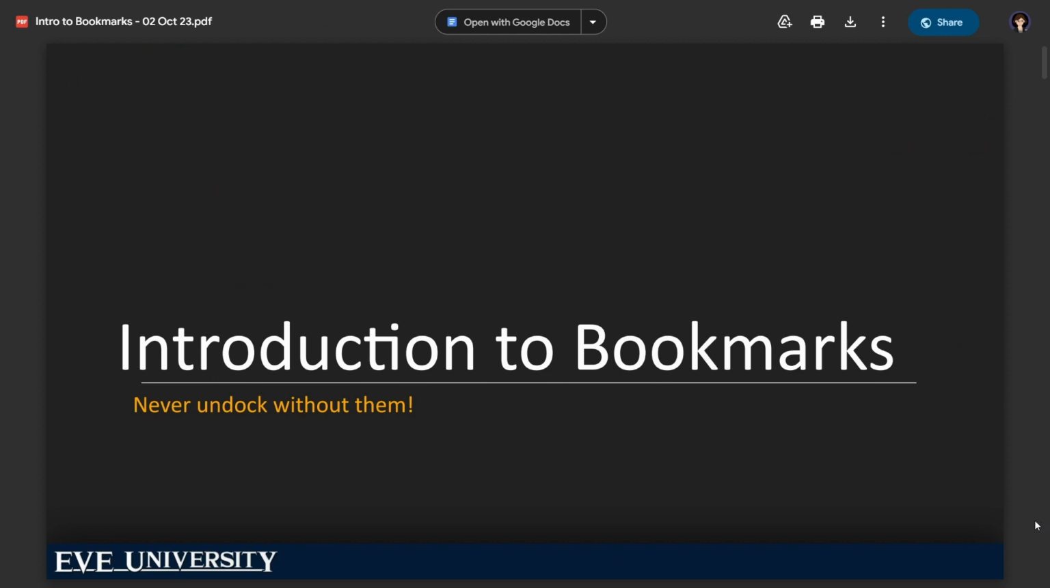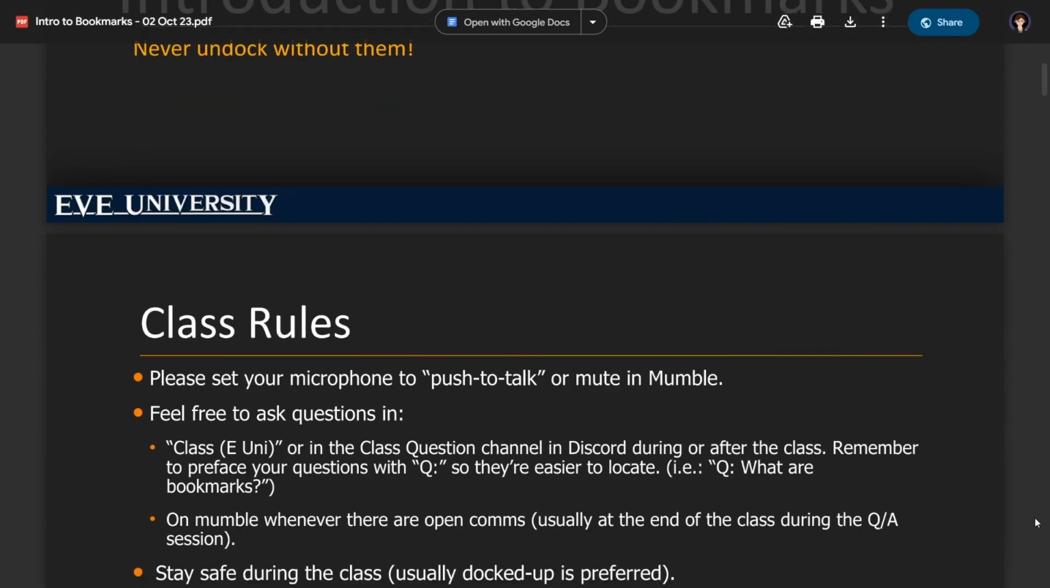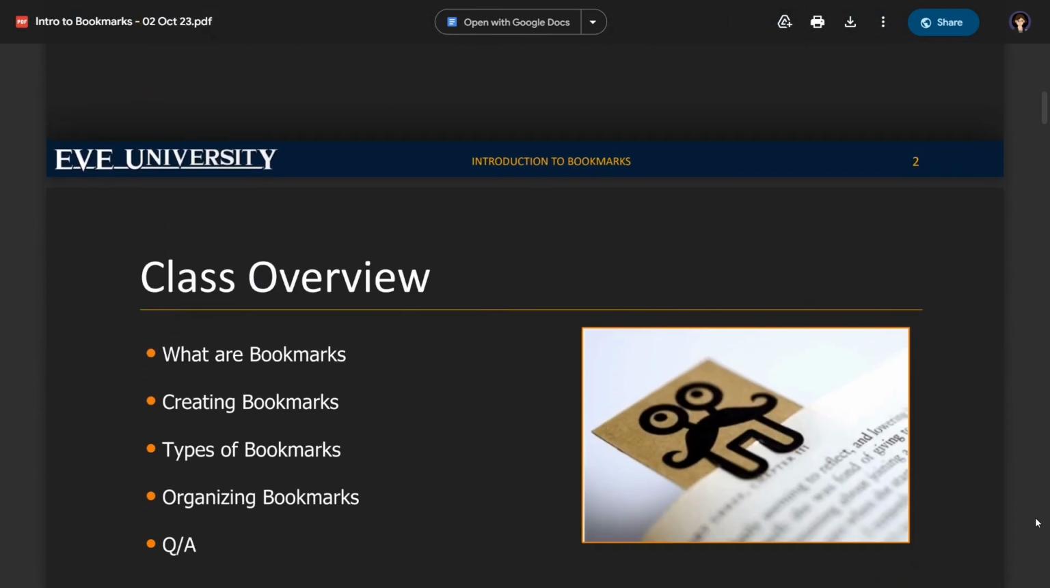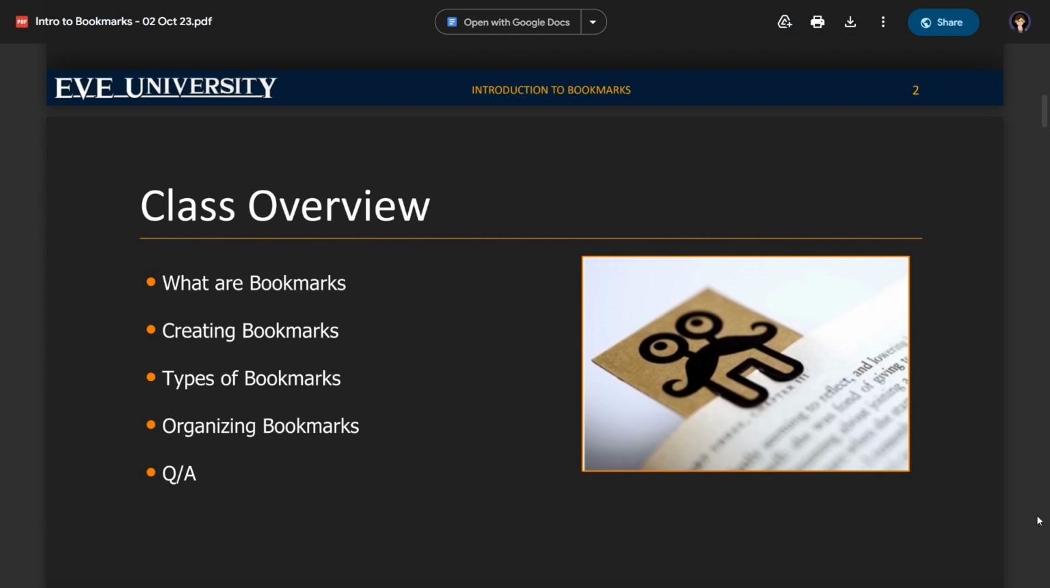So, introduction to bookmarks. In this class, we're going to talk about what bookmarks are, how you make them, the types of bookmarks that there are, how to manage your ever-expanding collection of bookmarks, and since there are no questions in a recorded class, with no class attending,